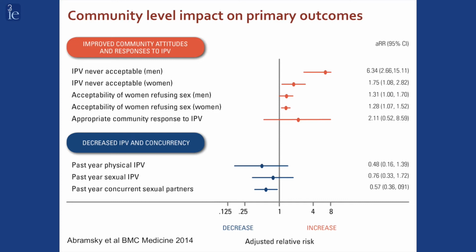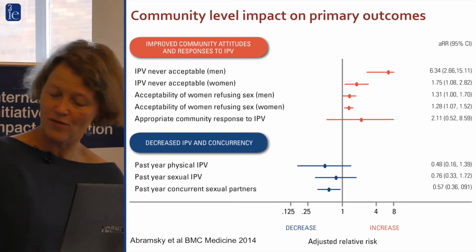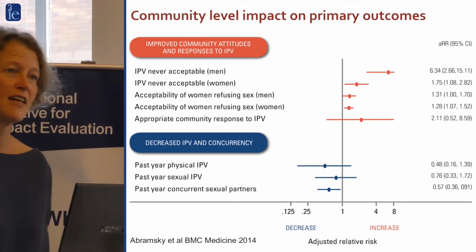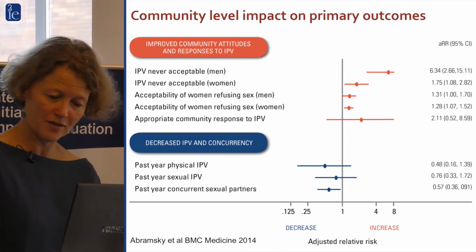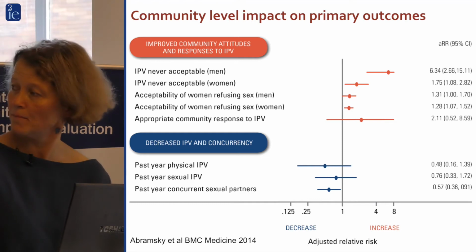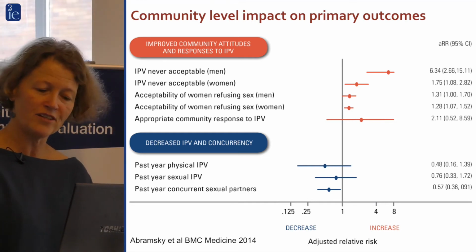We knew that we were going to have that given our sample size and number of clusters, but going in the right direction. And then in terms of outcomes that we hypothesized would decrease, we had reductions in women's experiences of physical violence, but not statistically significant, sexual violence, and then significant reductions in past year sexual concurrency. Again, all the indicators going in the hypothesized direction, some with significant, some without. The past year physical violence, the effect size is about 52%,